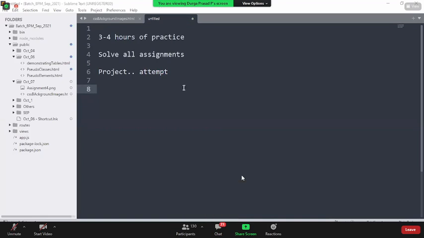So make sure you do this, and all the remaining things I'm going to take care of. Whatever technology needs to be added for the UI full stack, I'll take care of. On top of that, I already told you that you need to go for the framework also. Some people have joined for the framework and the UI full stack, and some have taken only the UI full stack just to see how it goes. But once my training program is done, you need to go with the framework.